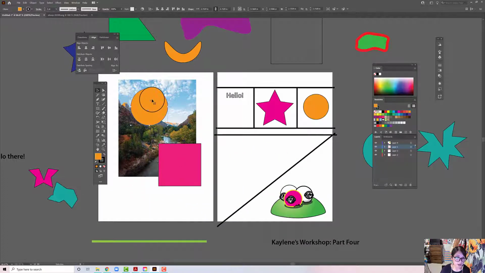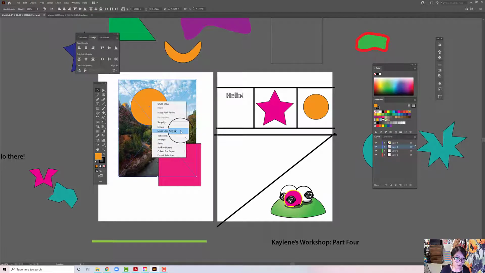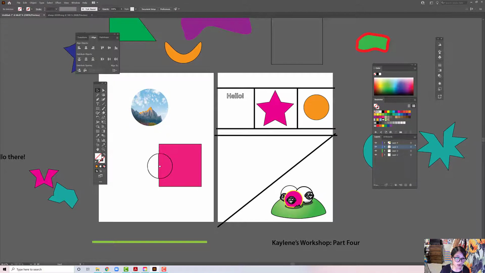Clip masking, you have to have your shape in front of whatever it is that you want to clip. And the reason why it's called clip masking, so I'm going to go ahead and click my circle and then hold Shift, and then click on your photograph. You're going to right click and then go down to Make Clipping Mask. So now